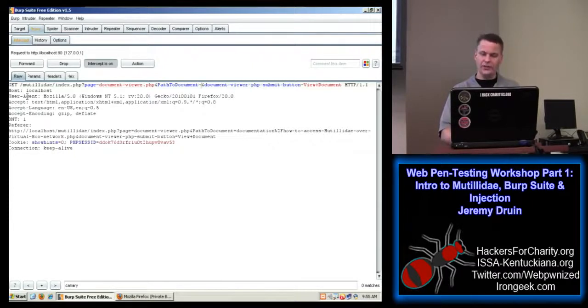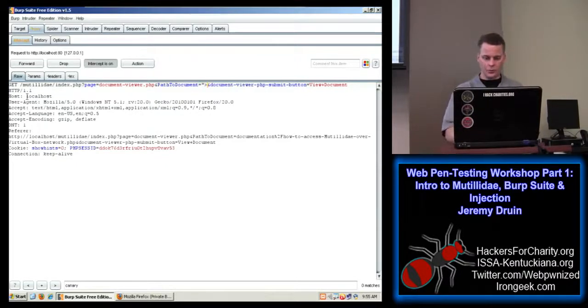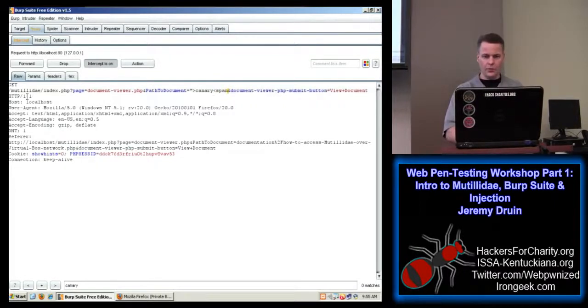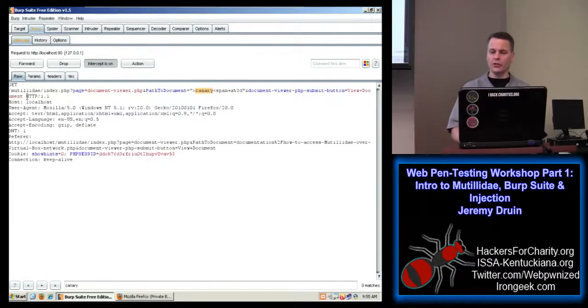So when we set it up as encode as you type, Burp Suite automatically encodes those special characters for us. So we'll do canary, span. You see it puts a plus symbol for the space. It puts a %3D for the equal sign. And then it leaves the double quote alone. And that's why we want to URL encode as we type.